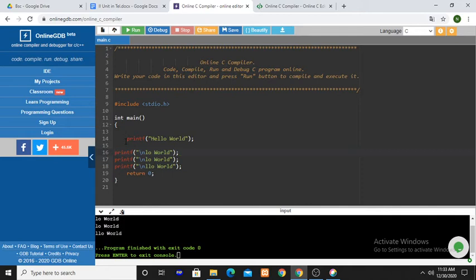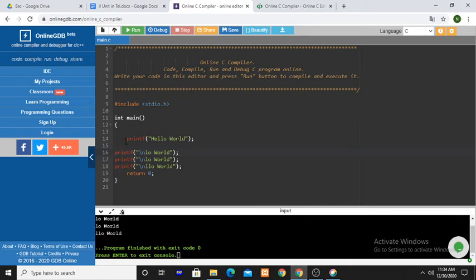Loop control statements means, decision control means statements are executed depending on the condition. If the condition satisfies, those statements are executed. If the condition doesn't satisfy, a different set of statements are executed. Otherwise, those statements are not executed. In the same way, loop control means whenever we want to execute some set of statements repeatedly, more than one time, then those statements are called loop control statements.